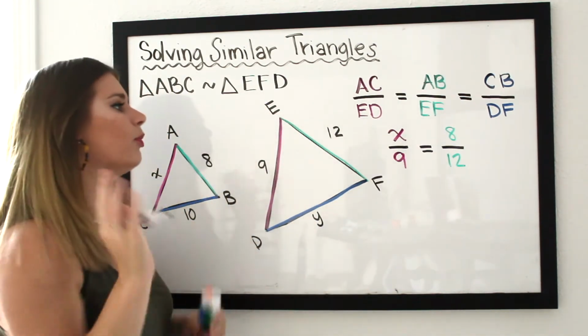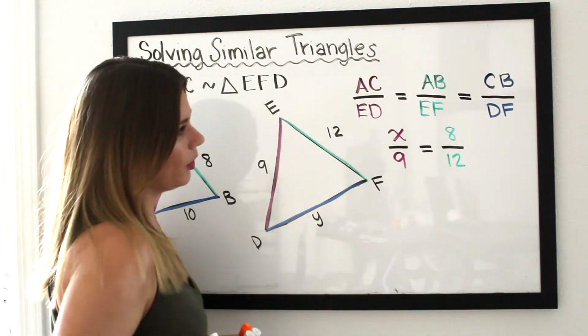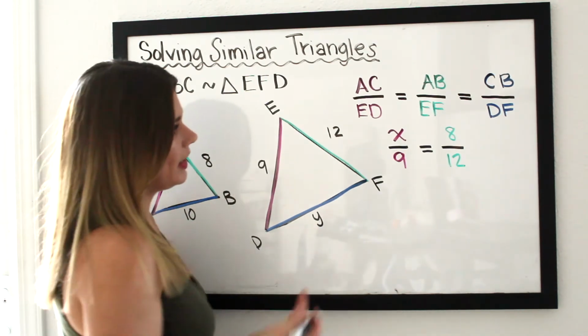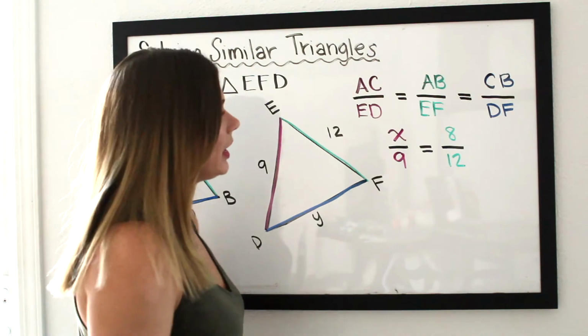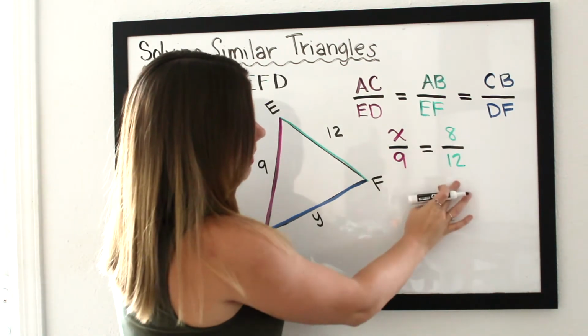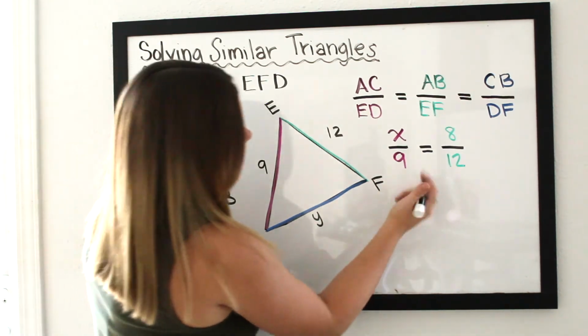So there's a couple of ways you could go about this. You could go through and just cross multiply right away, or you could find a common denominator. There's a couple of different methods that teachers will teach differently. But first, I'm actually going to reduce this fraction on my right-hand side just to make the math a little bit easier. So x over 9